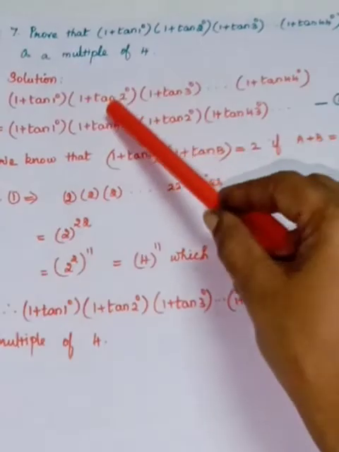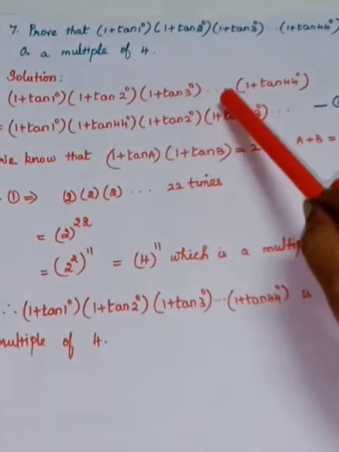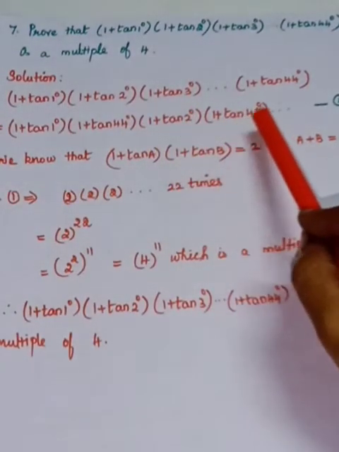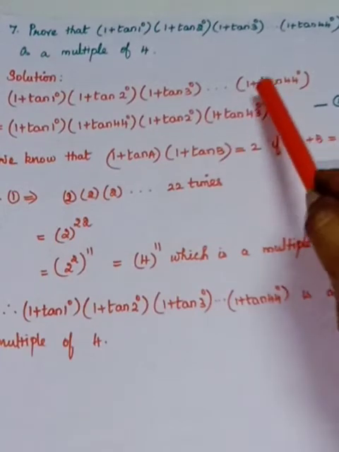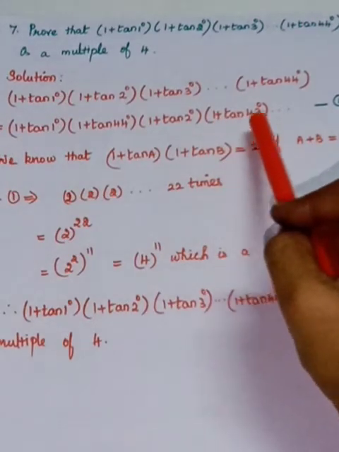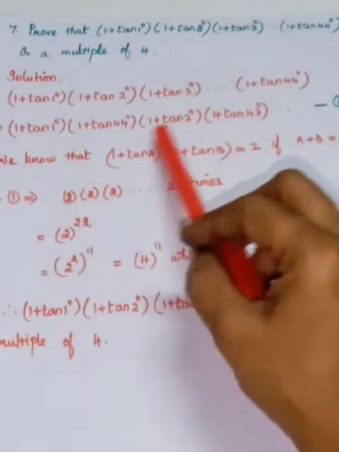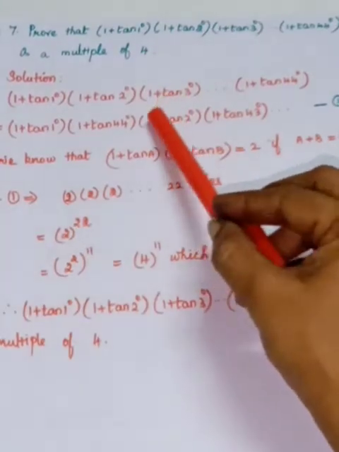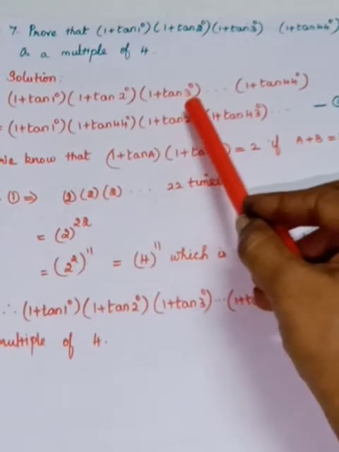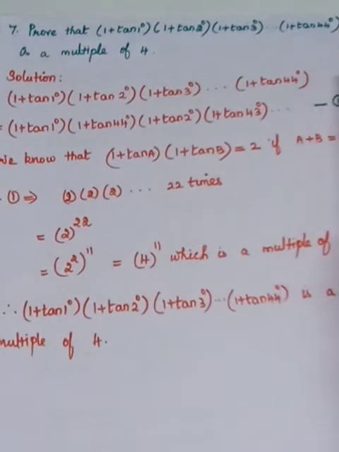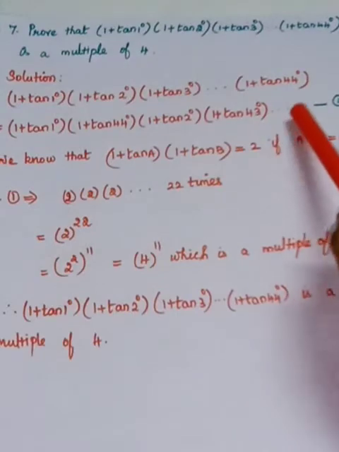You take the second term and the second-to-last term. Okay, (1 plus tan 2 degrees) into (1 plus tan 43 degrees), because here the last term is 1 plus tan 44 degrees, so the previous term is definitely 1 plus tan 43 degrees. Okay, I have written these four terms. What will be the next one? If you consider the next term, 1 plus tan 3 degrees, it has to be combined with 1 plus tan 42 degrees. So 3 degrees plus 42 degrees is 45 degrees. So like that, etc., it goes on.